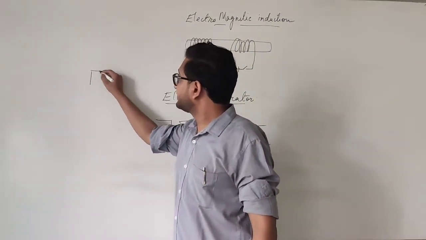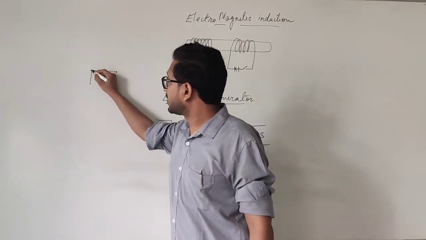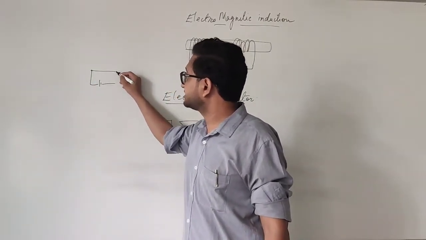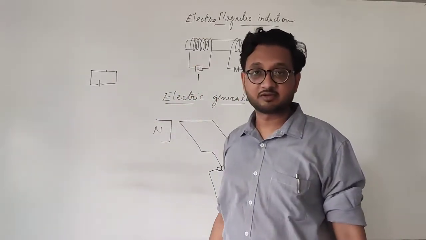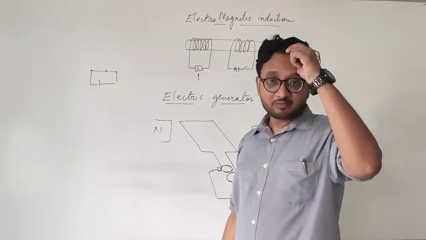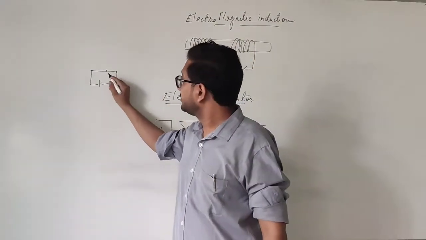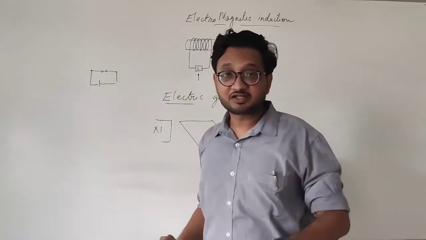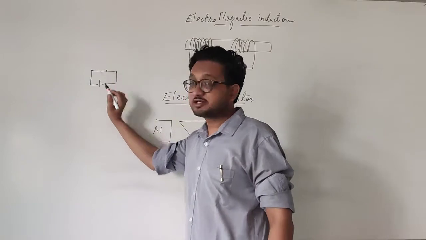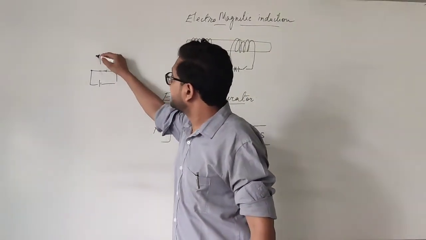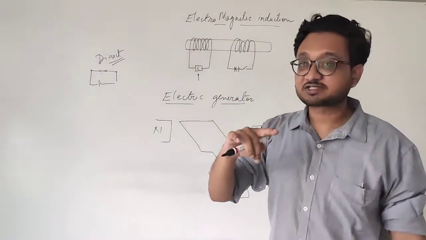You know what we have studied in the electricity chapter, that if this is a conducting rod and this is a cell connected to it, then the current flows in one particular direction. If I switch this battery, then only it will flow in the other direction, otherwise it will not. So the current which does not change its direction is called direct current. It flows in one continuous direction.